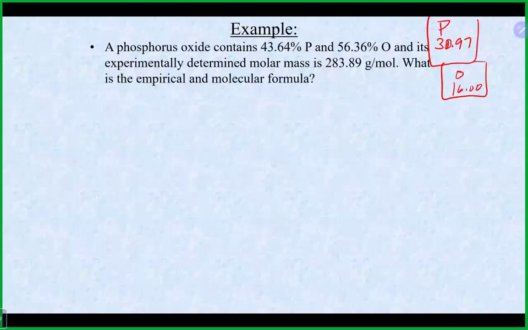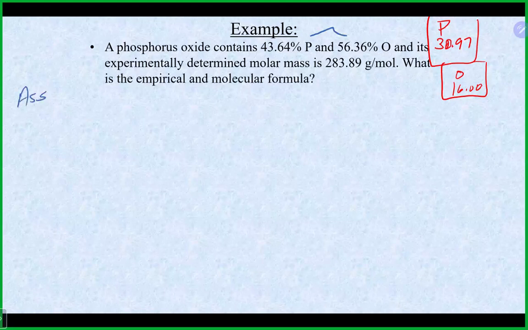Okay, let's take a look again here. We basically need to calculate both. So we'll start with the empirical formula. And we do have our percentages given to us. It is about 100%, so we're going to assume 100 grams. And again, that's going to keep our numbers the same. So we basically will have 43.64 grams of phosphorus and